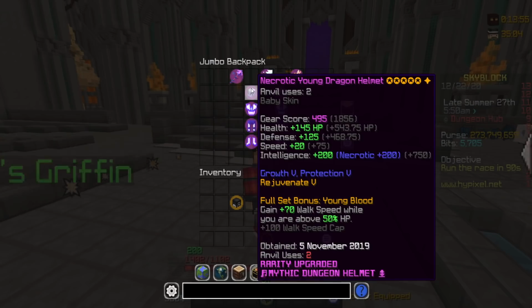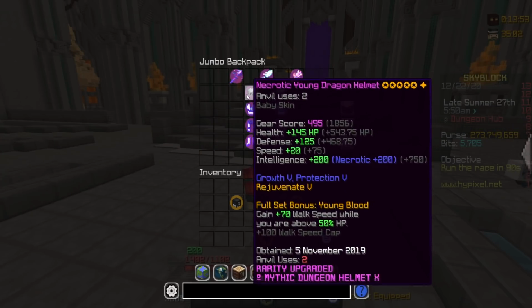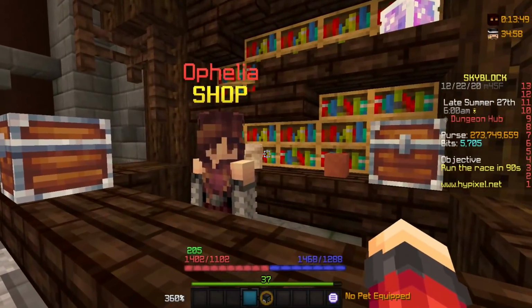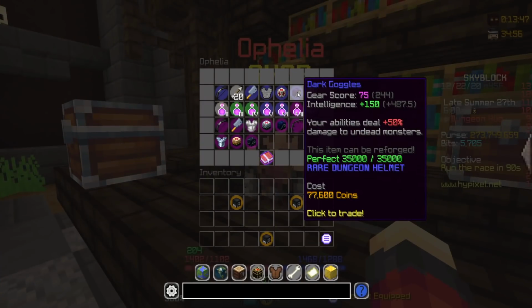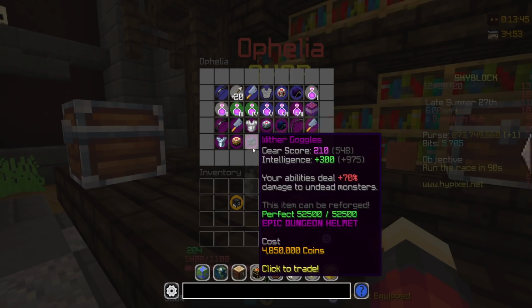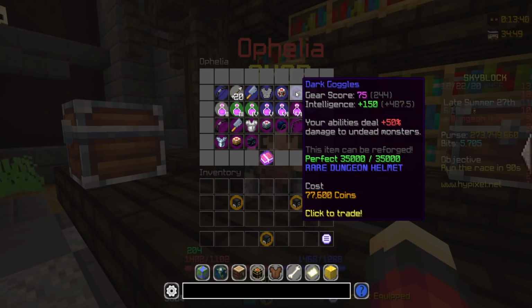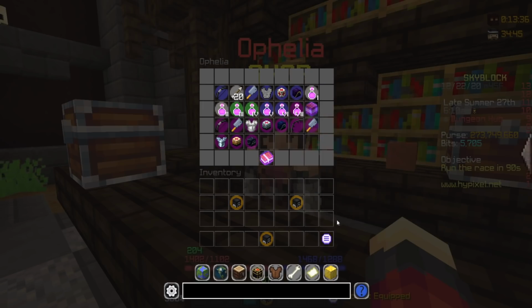So one thing that you should keep in mind though, once you're going Mage and you've passed your adaptive phase, or even while you're wearing adaptive too, try and go to Ophelia and take a look at the goggles. The goggles are actually a really good headpiece, and there's one for each stage here. So Dark Goggles would be really good for early game, 77.6k coins, depending on your talisman, the one that you